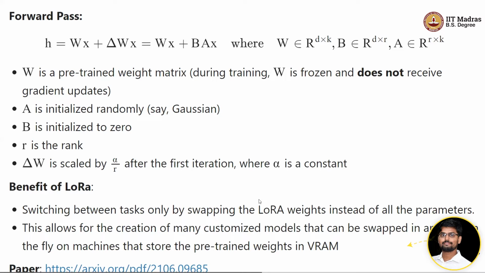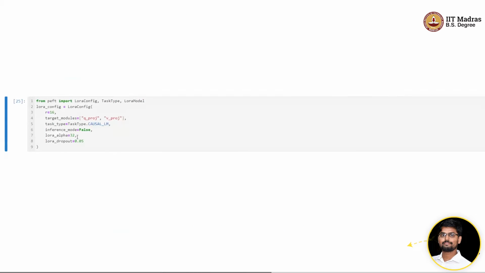You can read more about LoRA and how the approximation actually works from the paper. It is well written, so you can understand most of the concepts without much difficulty. So the key takeaway is A is initialized randomly, with multiple choices, but let's say we initialize it with a Gaussian distribution, and B is initialized to 0. We have to set the rank value and also the alpha value. Okay, so that's what we need to set.